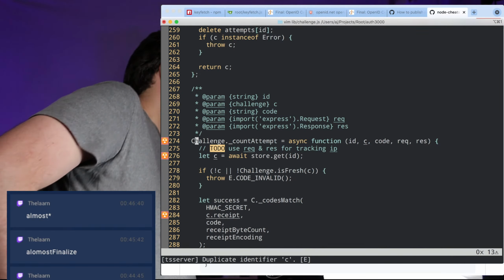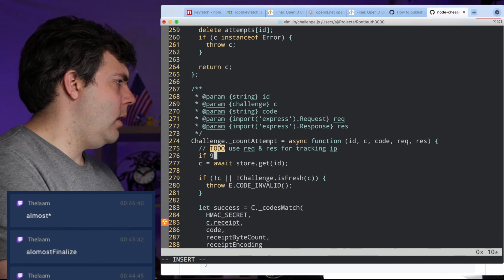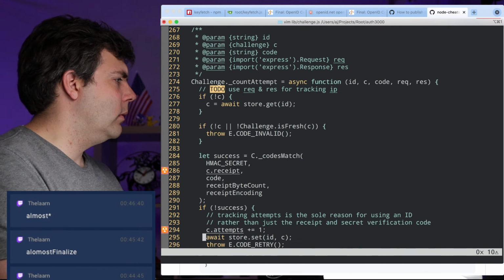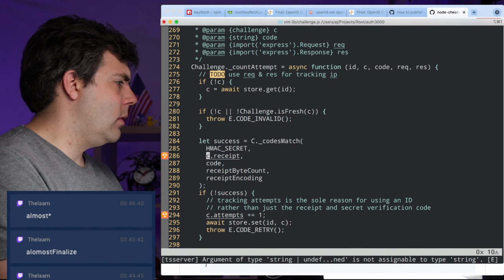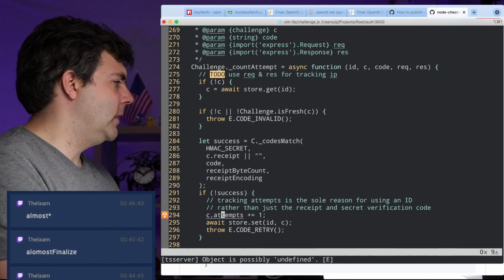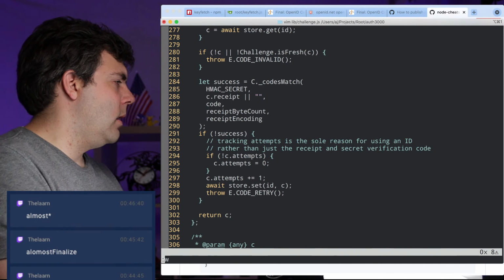These functions, their signatures are too wide. They just are. If not C. There we go.